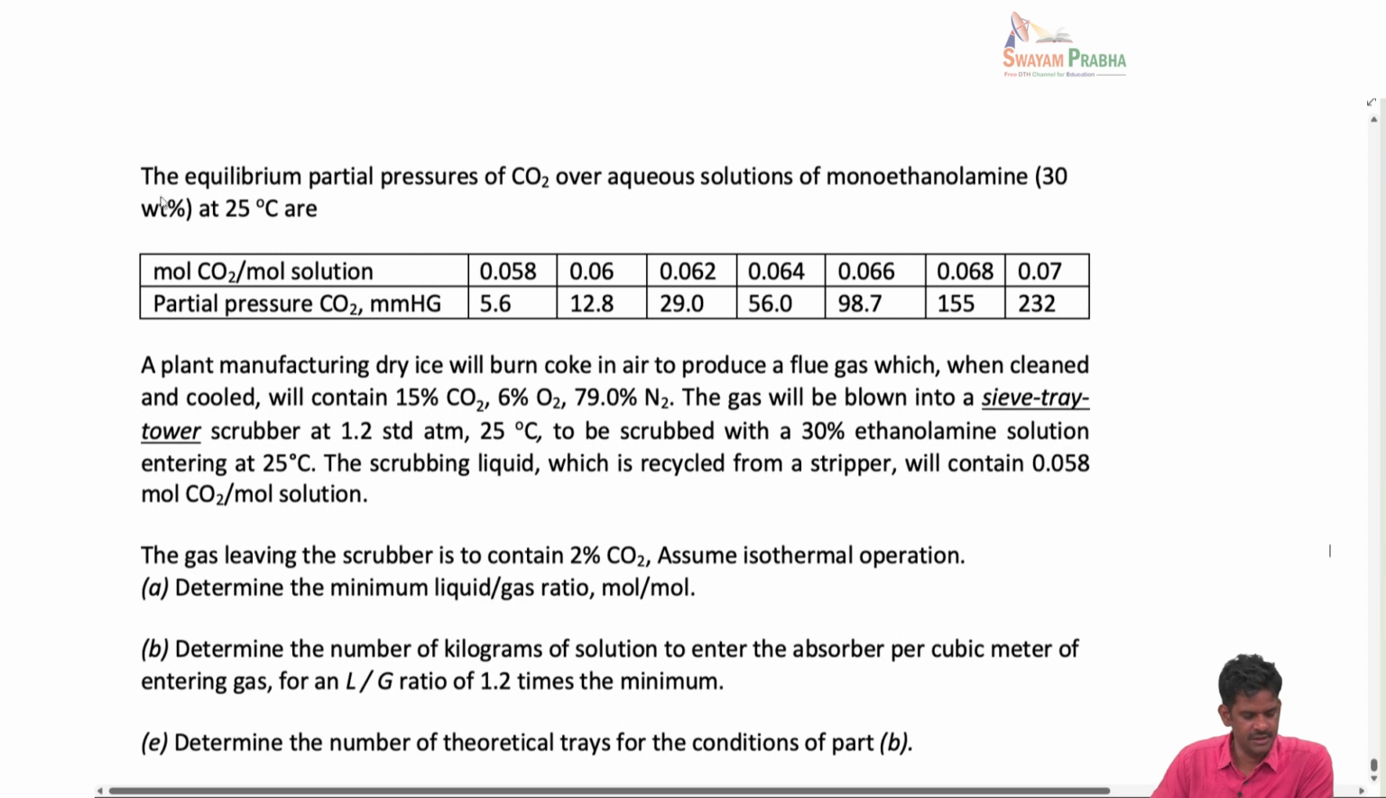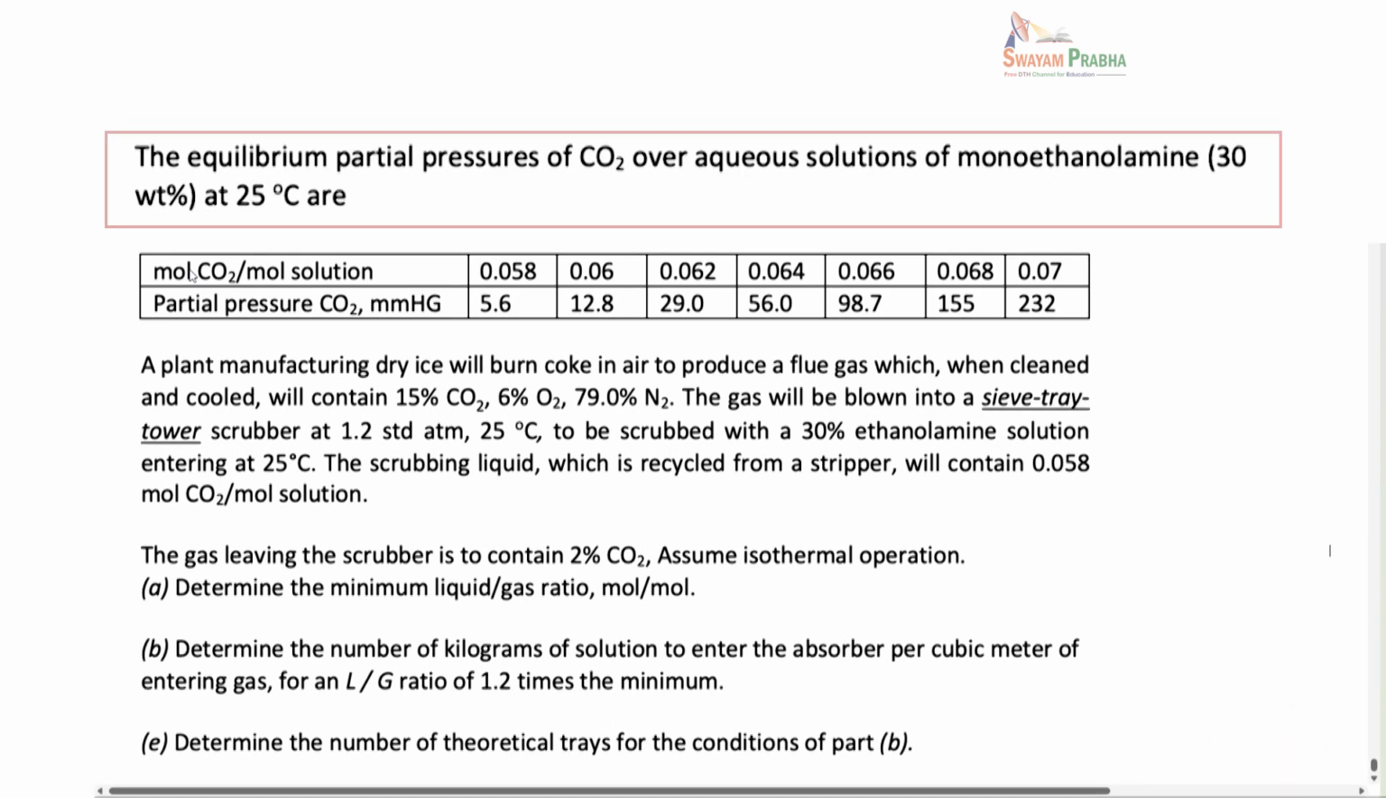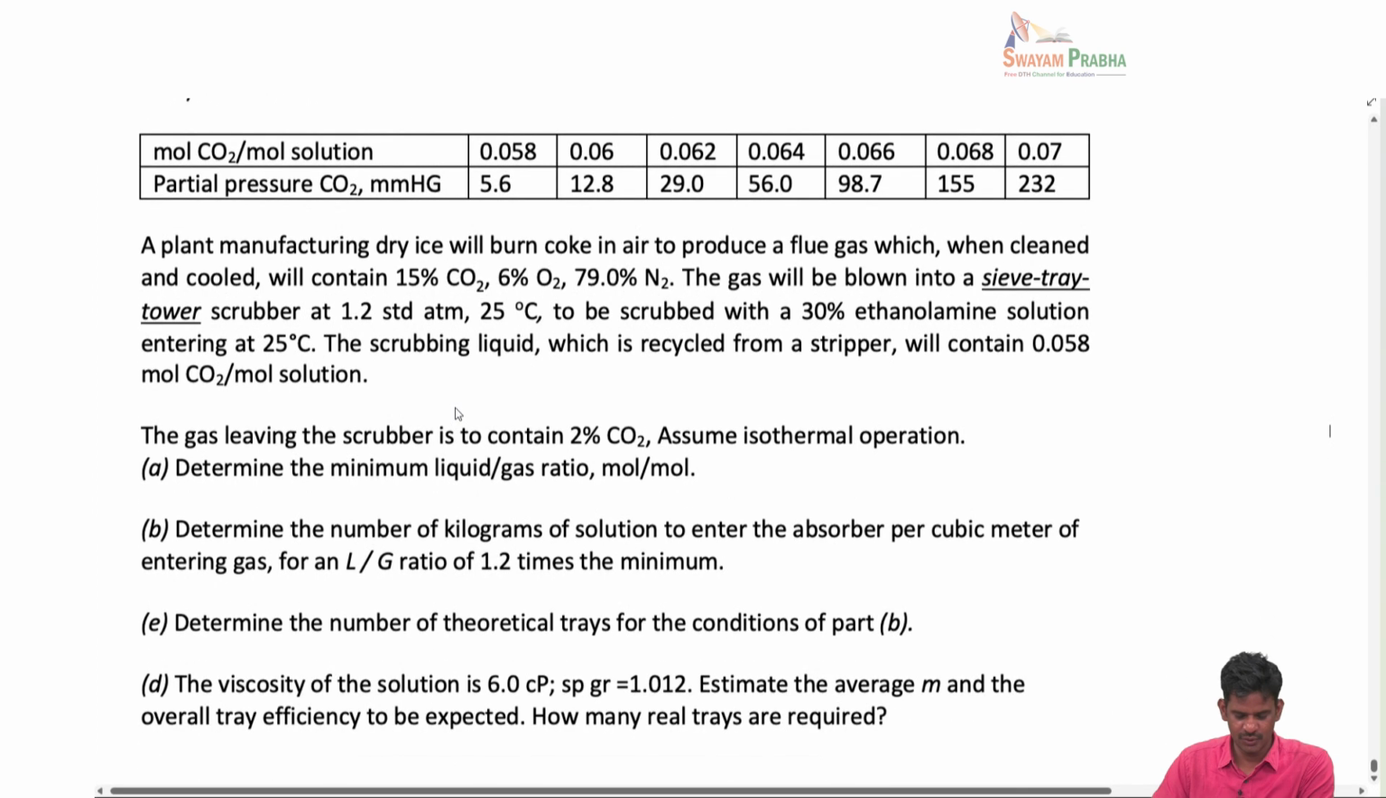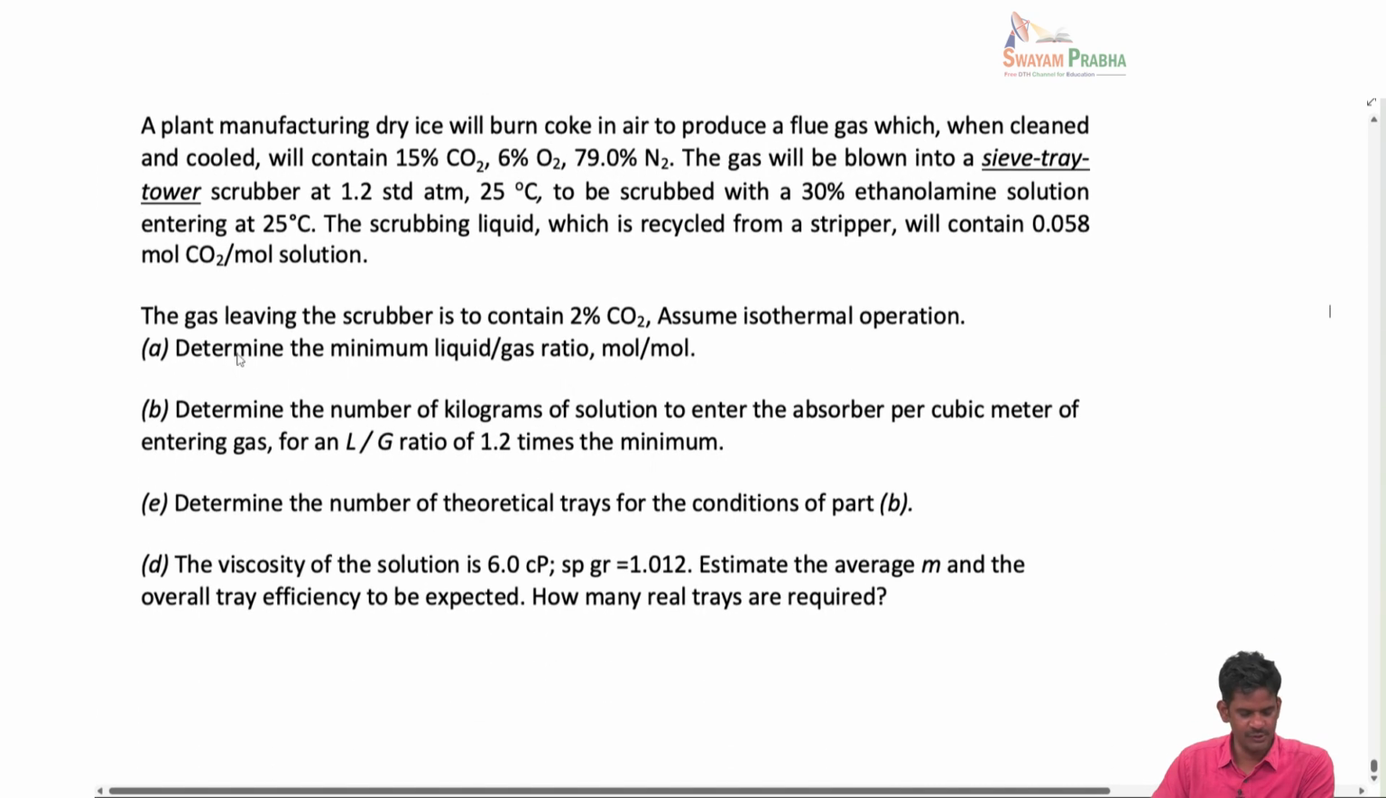Here you can see the equilibrium partial pressure of CO2 over aqueous solution of methanolamine at 25 degrees Celsius is given. Generally the equilibrium line is okay. I will upload this in Moodle, so you don't have to take pictures of that. One thing you will see here is that in this problem the equilibrium line is really curved, because the inlet composition is 15% CO2. It's quite high. In this problem also you'll be asked the same questions, minimum L/S ratio, and then